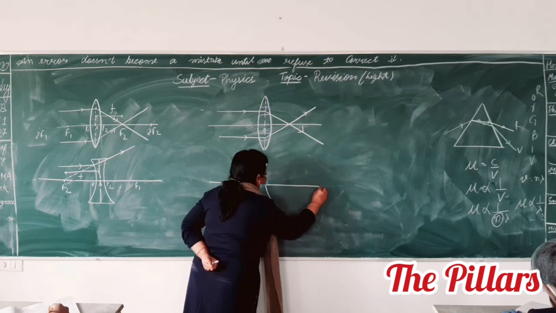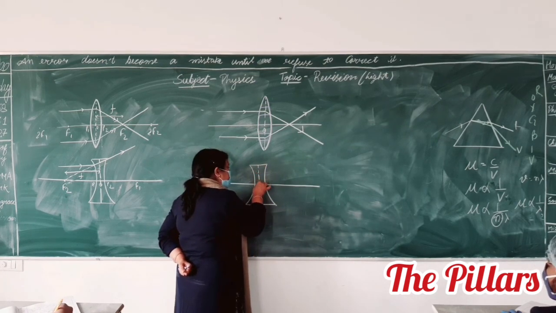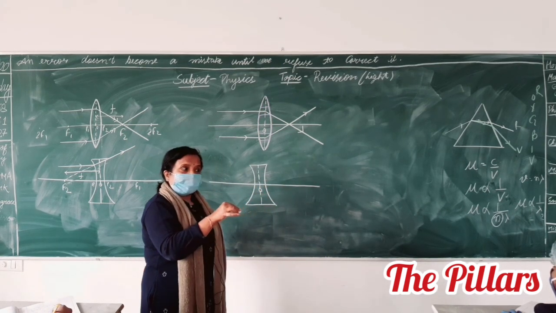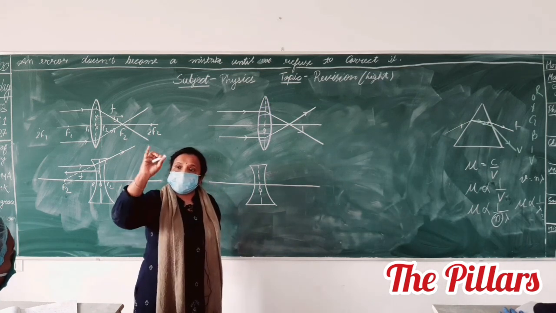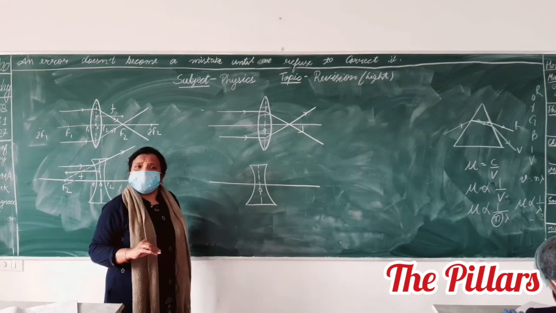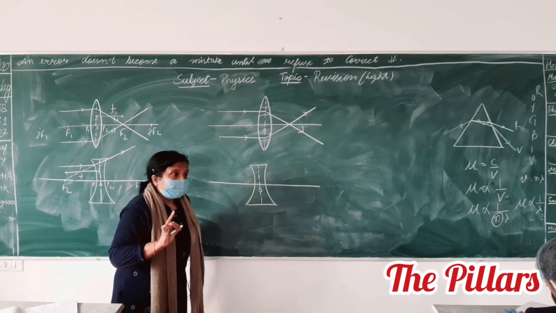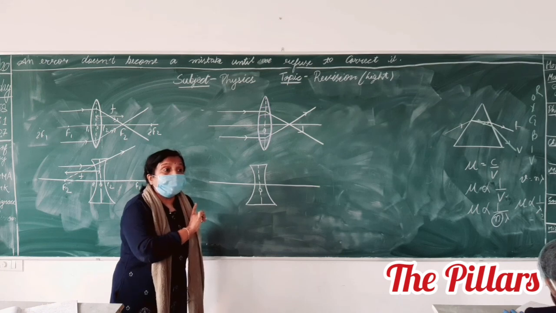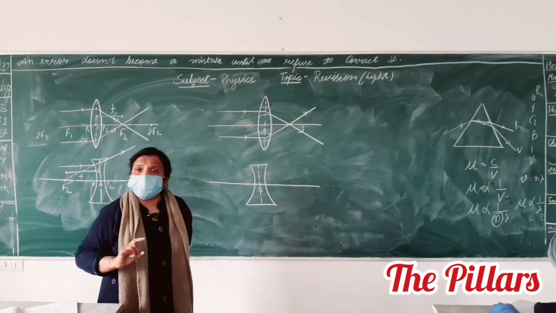Now, can anyone explain what will happen in a concave lens? Apart from Dhanraj and Ujjwal, can anyone else answer? Yes, Saurabh Pandey, tell me, beta. No, I am asking, it will diverge, we know. That means we are talking about the diverging action of a concave lens. Aditya, can you tell me, beta?